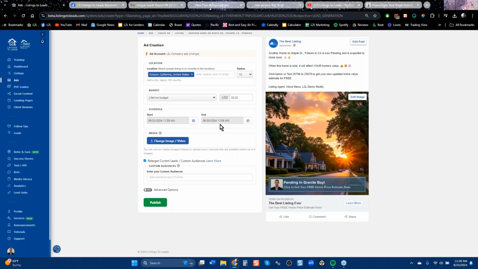Now we have thousands of ads run every month through our platform. We do have some average numbers. If you're writing anything down, please know this. When you run an ad like this, these leads on average cost $7 each. So if you divide 7 into 50, you would get 7 leads. 7 times 7 is 49. You'd have $1 left over, right?